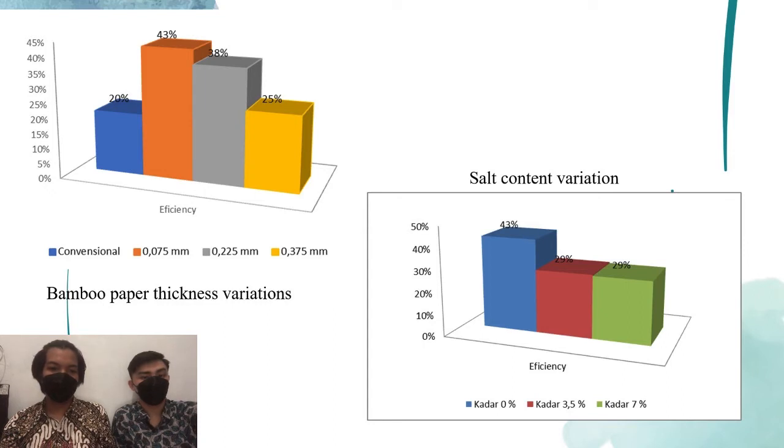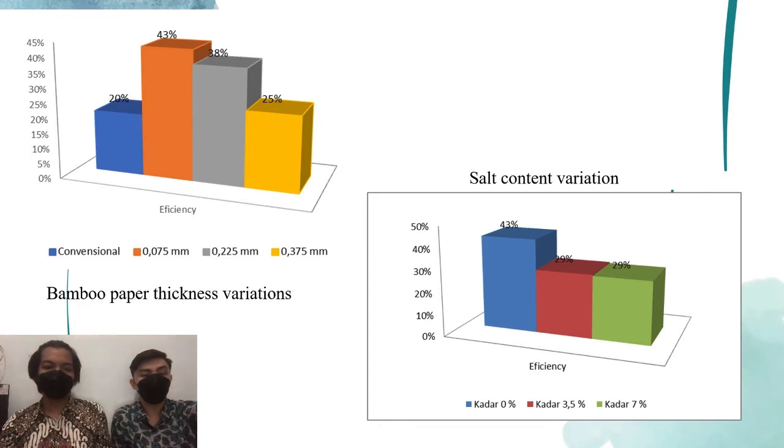The cause of the high efficiency in the 0.075 mm variation is the large evaporation due to the level of capillarity rate originating from the axis of the absorber, rich with water, to the surface of the absorber plate covered with bamboo tissue paper. The bamboo tissue paper has a thickness of 0.075 mm, so the water that reaches the wick spreads faster,